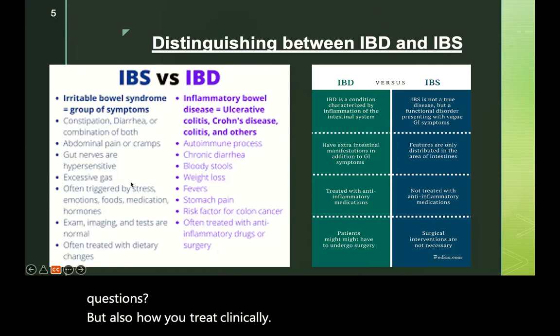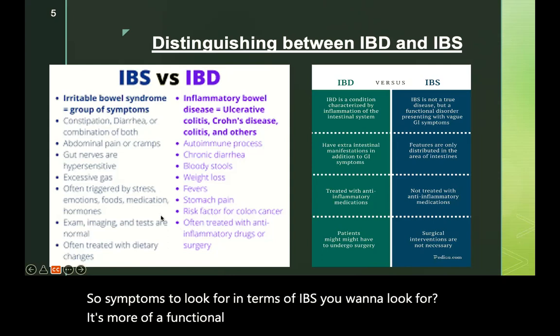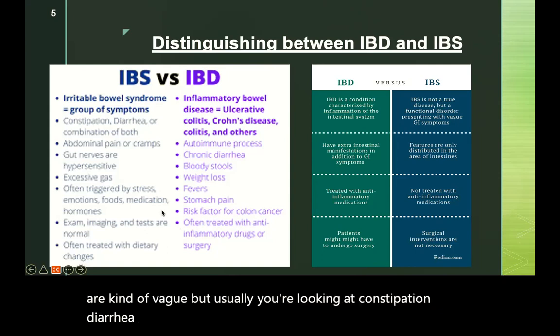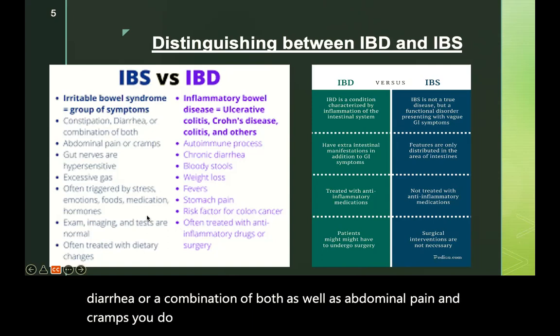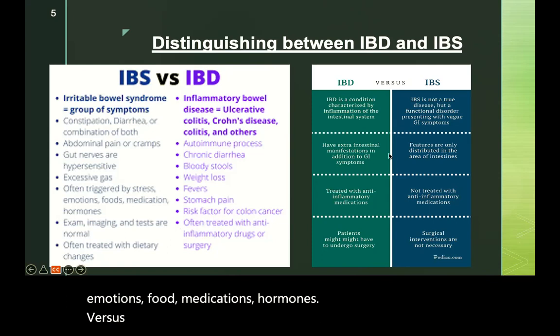So symptoms to look for in terms of IBS, it's more of a functional disorder. Sometimes the GI symptoms are kind of vague, but usually you're looking at constipation, diarrhea, or a combination of both, as well as abdominal pain and cramps. You do get gas. Obviously, it's exacerbated by stress, emotions, food, medications, hormones,